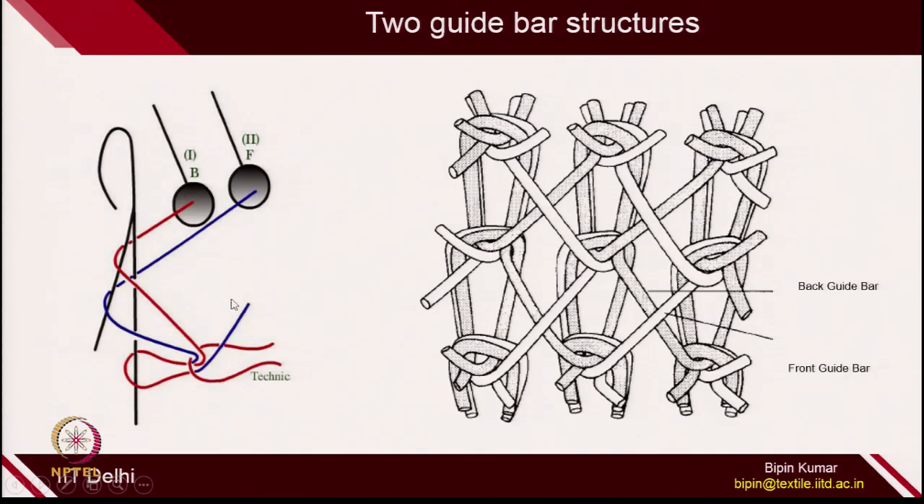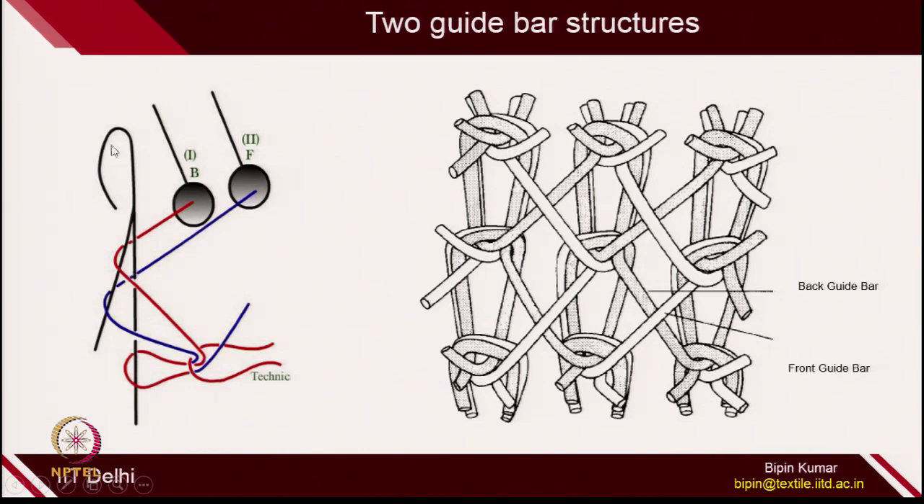So, before we move on, some quick aspects on how these guide bars are decided. On the back side, whichever is close to the needle, that is the back guide bar, we call this the first guide bar, and whichever is the farthest, we call this the front guide bar or number 2 guide bar. So, if you see a 2 guide bar structure, naturally 2 loops are being formed